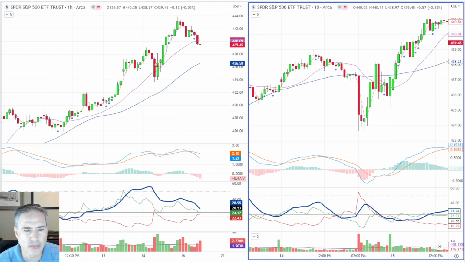So if we look at it and say, well, why don't we just do it on this time frame? The problem is, when do you do it? Do you get in above taking out this bar here and then put your stop way down here, or do you wait for this to be taken out and then have to put your stop down here? Because we're taking an x-ray of it, we can see in more detail and use a tighter risk if we want. And we can also improve our timing because we know once this line is in conjunction with this line, we've probably got a pretty good chance of things starting to move up again.